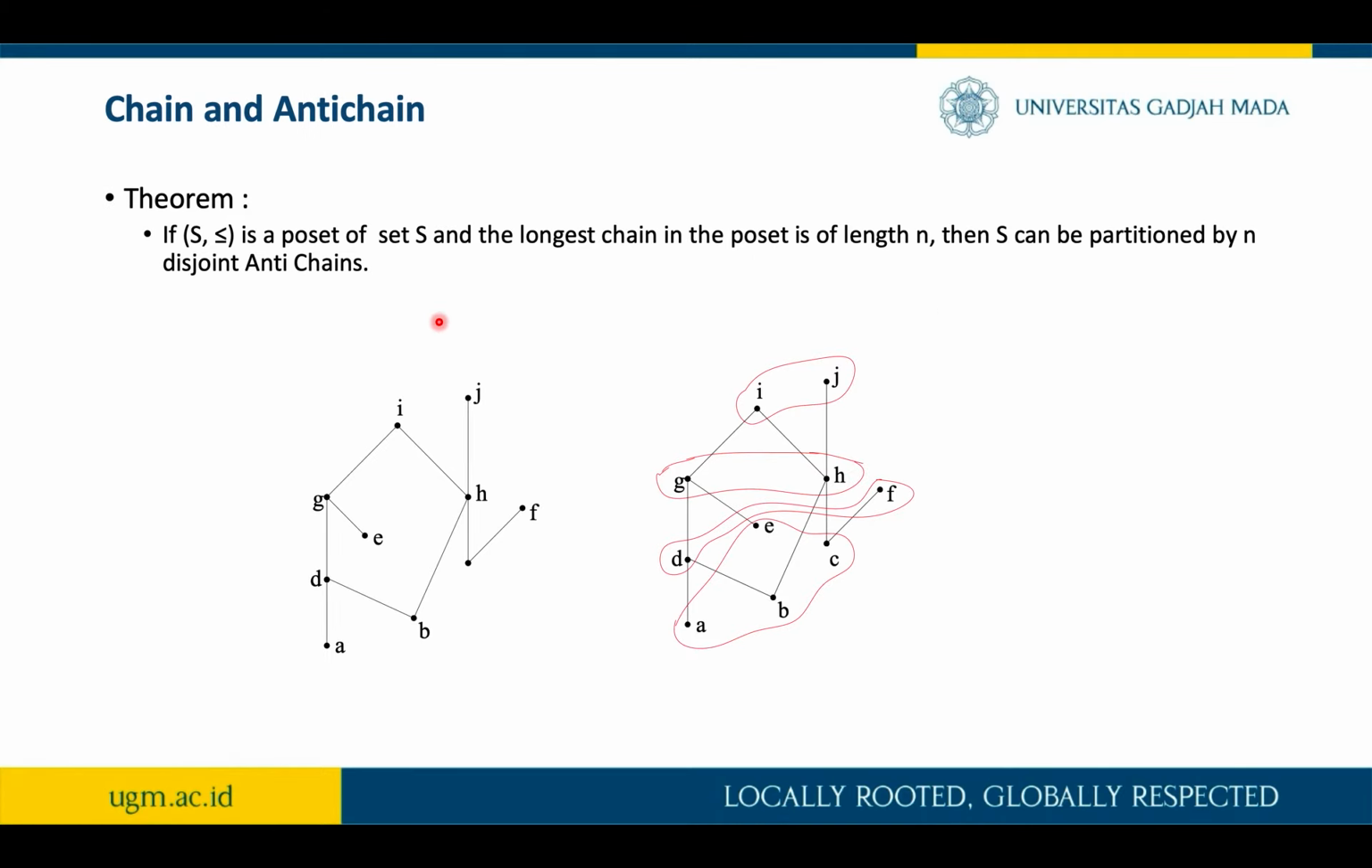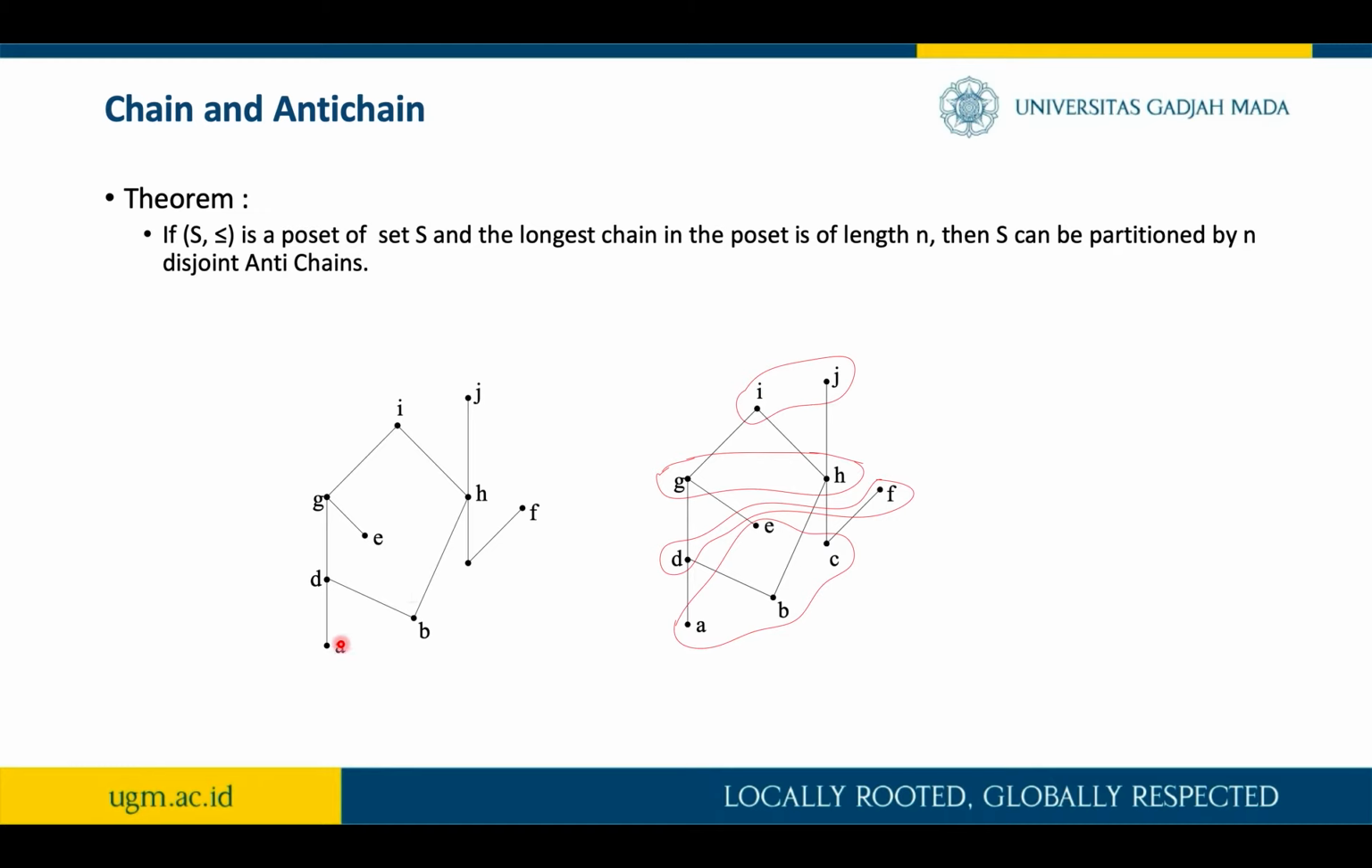There is a theorem related to the number of chains and anti-chains. If S is a poset and the longest chain in the poset is of length n, then S can be partitioned into n disjoint anti-chains. So we have here this poset, and this is an example, and the longest